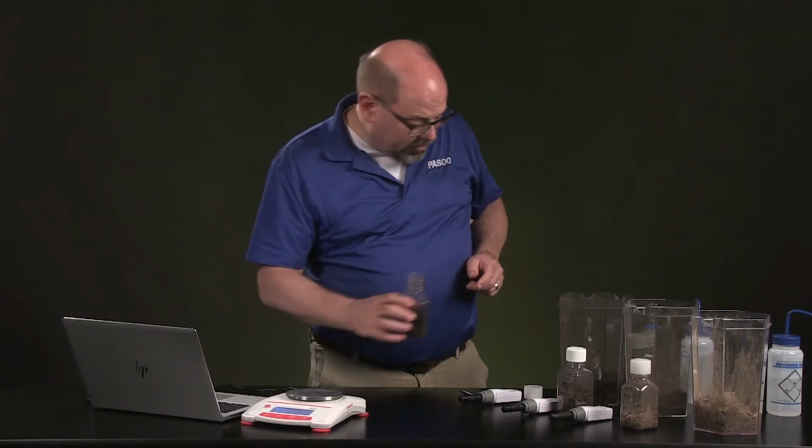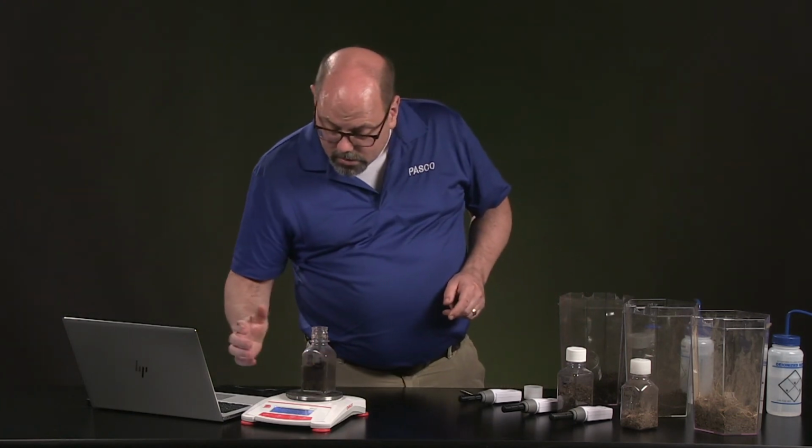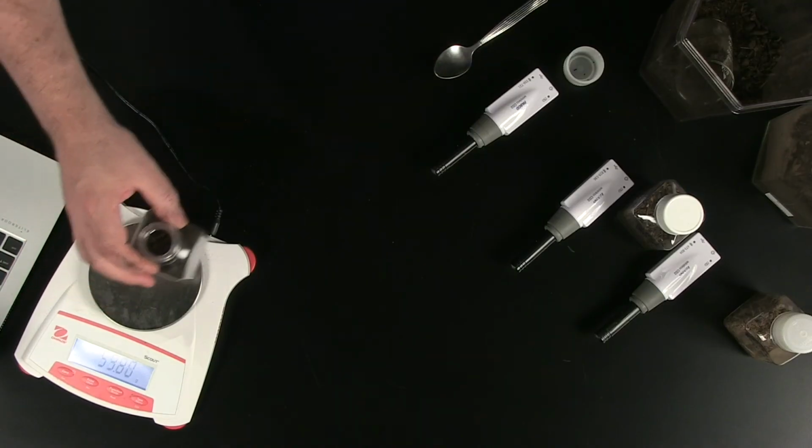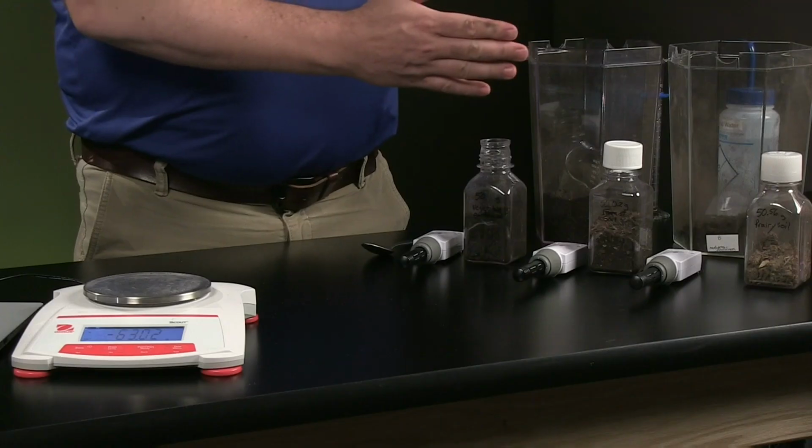There we go. That's a little heavy. I'll get a few more of those out. There we go. 50.4 grams. Again, about 50 grams. Now, what we're going to do is we're going to take each of these samples and